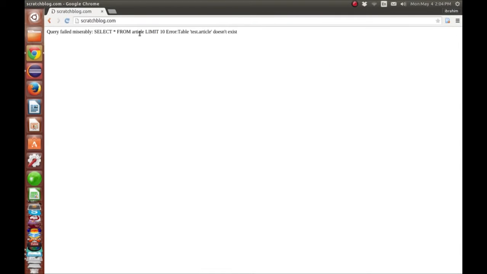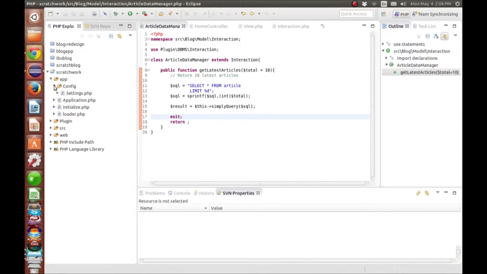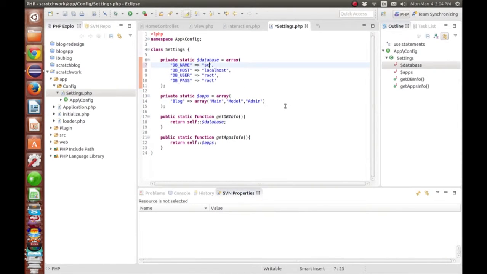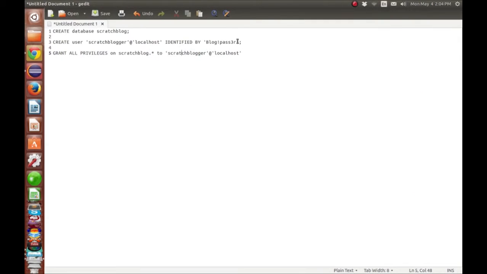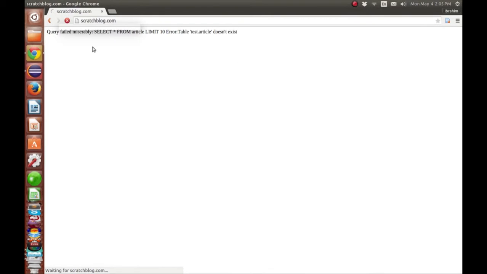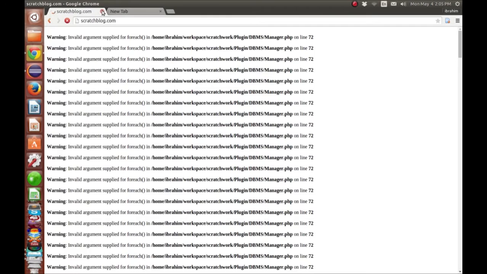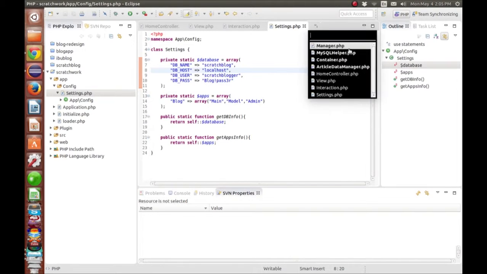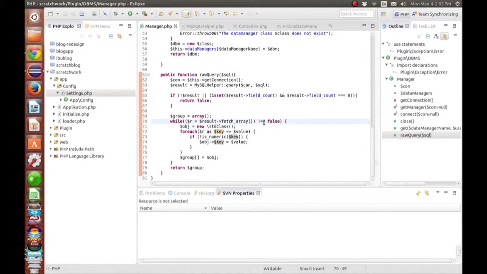Okay, I'm going to call my blog, and boom, it failed. It says that table does not exist. That's correct because we didn't even give that information to our framework. So now here inside settings, I'm going to put the name of our database, which is Scratch blog, and the username and the password. And unfortunately, I created an infinite loop here. I'm going to fix that